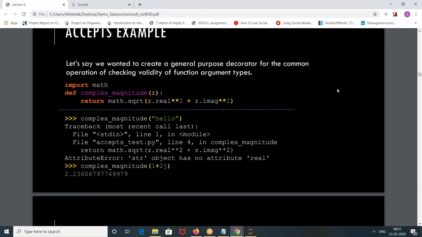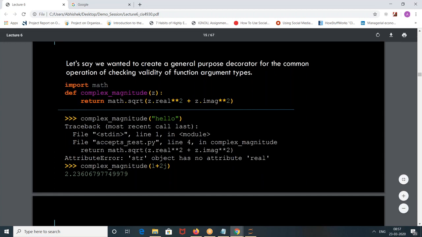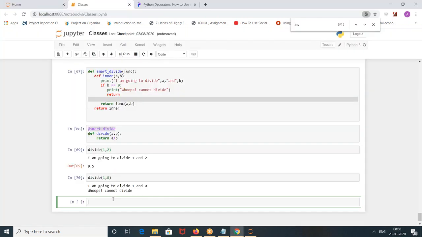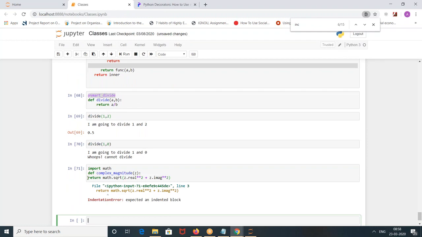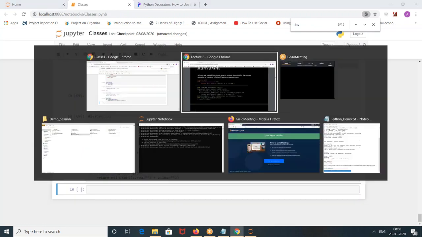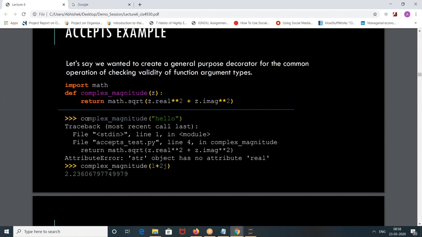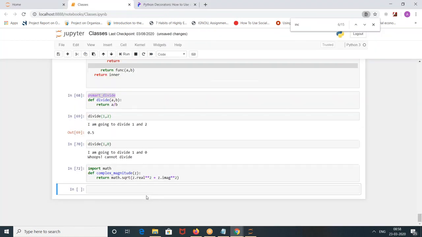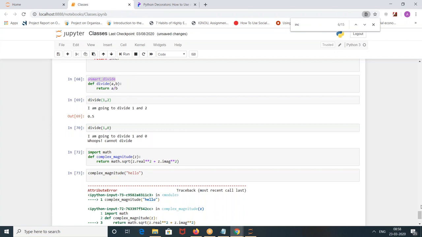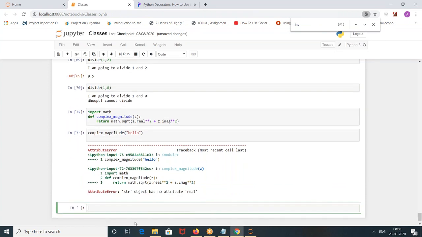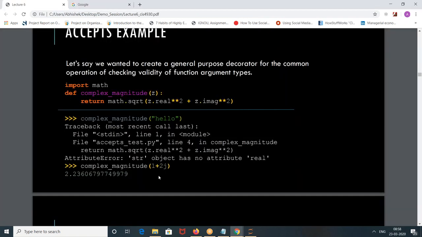Okay, he gave import math, and then suppose we write like this, let's take it, will run this and see what will happen. Okay, I ran it. Now what is this fellow saying? He's passing a string into a number place. So it will tell you what I can do. String object has no attribute real. That is the error here.